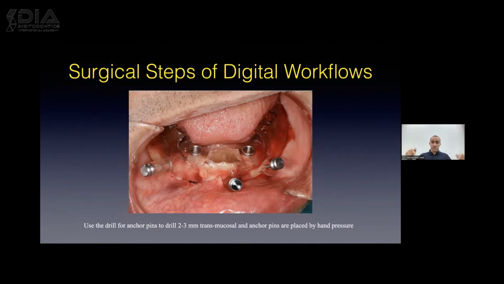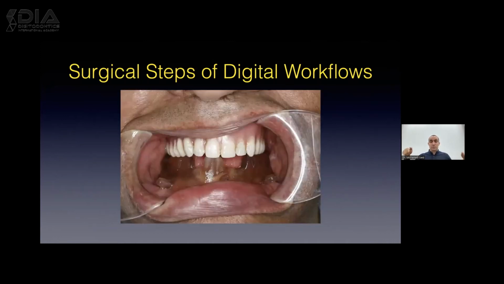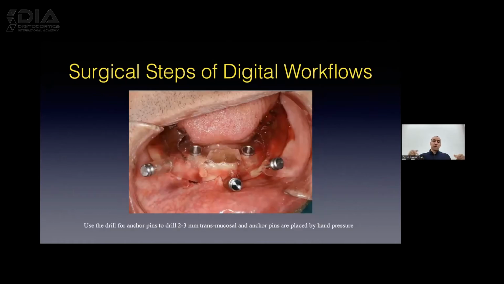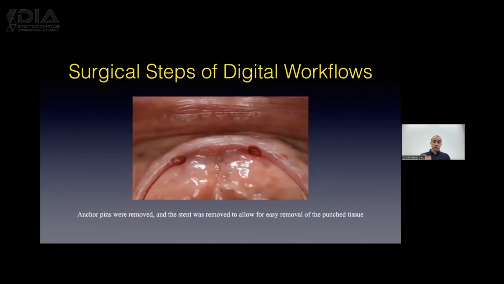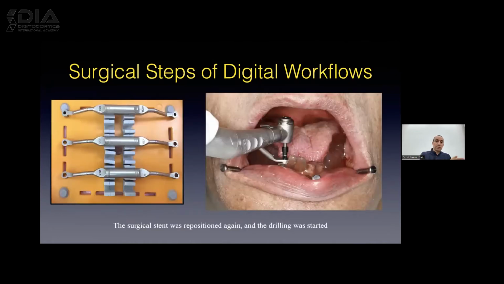So we use drills through these 3 holes, and then there is a very long pin that goes into the bone, 2 to 3 millimeters transmucosal, to stabilize the stent in place. After that, we will start doing our tissue punch, and then we will go through the sleeves of the stent to locate the exact position for the drilling. After doing the tissue punch, we will remove the stent to allow for easy removal of the punched tissue and see exactly where the implant is going to be placed. Then we will reposition the surgical guide again and start the drilling